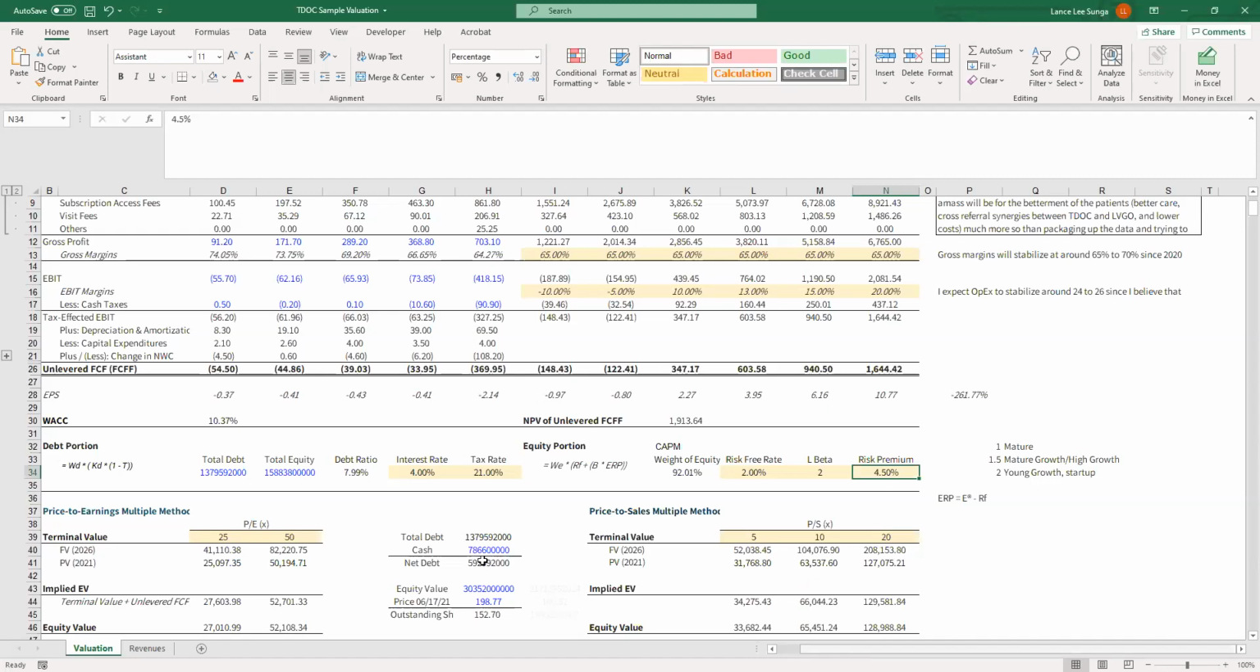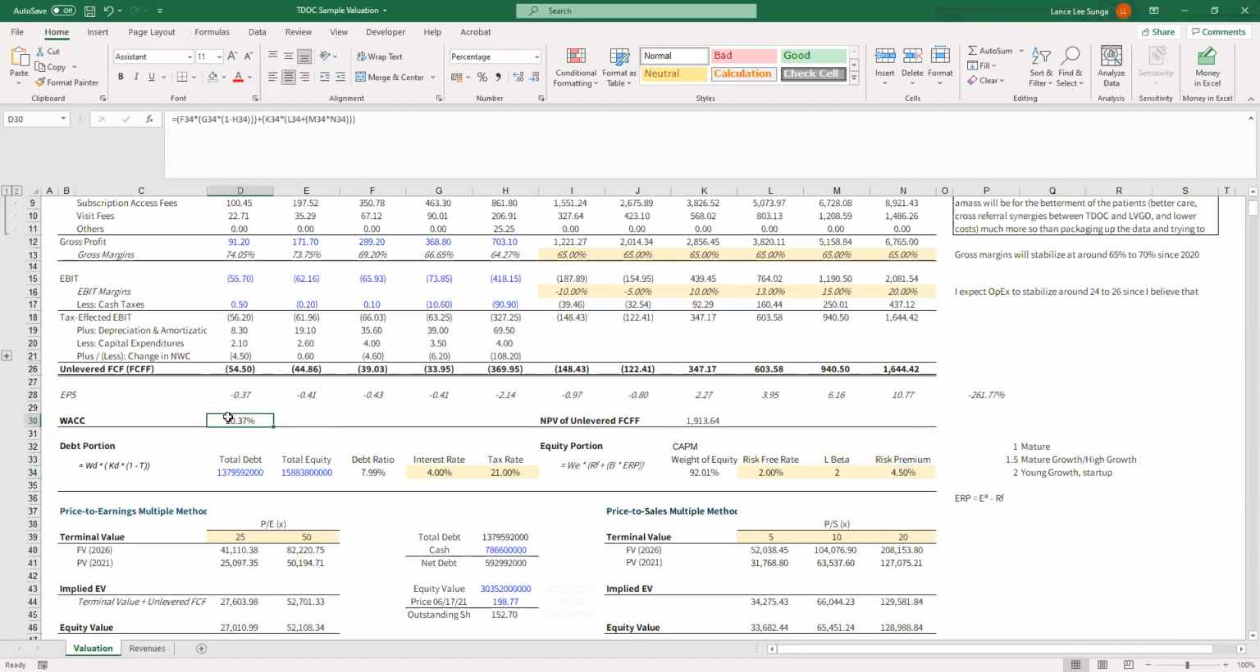And then with the NPV, right? So you have the terminal value, right? So you multiply